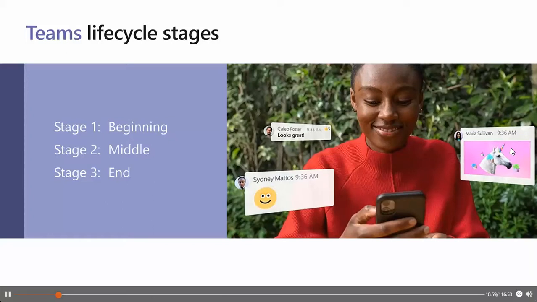We will take a closer look during these 3 specific stages at what you can do, what the decisions are, and all the typical things you need to know about these stages.